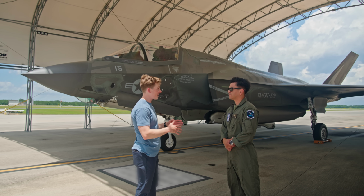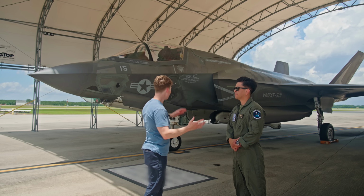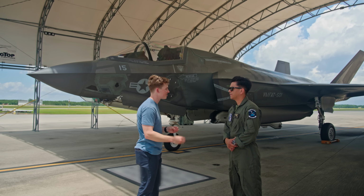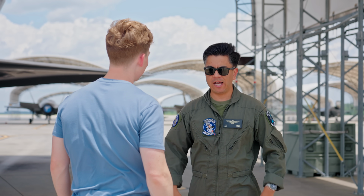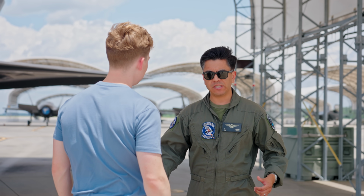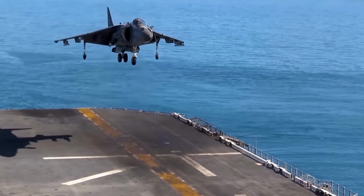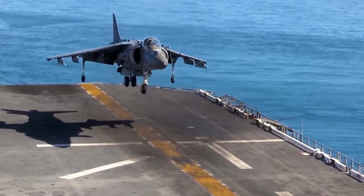So starting off flying a platform like the Harrier and then moving on to something like the F-35, what are some of the main differences that stick out to you? Sure, so it's a world of difference. The Harrier, everything in that aircraft is mechanically linked. Everything I'm touching in the aircraft, throttle, the nozzle lever, the stick, and the pedals, is mechanically linked to